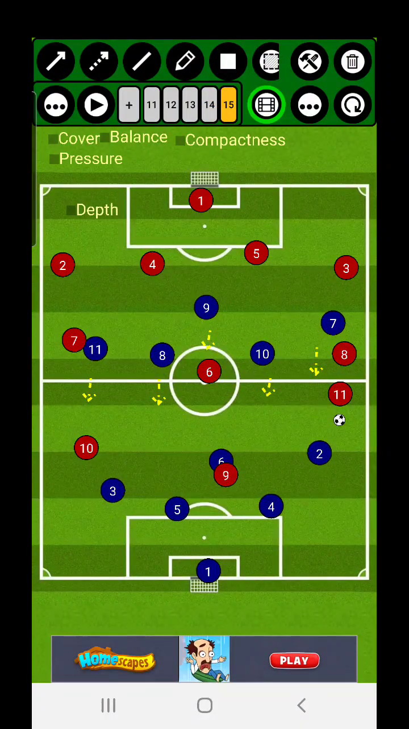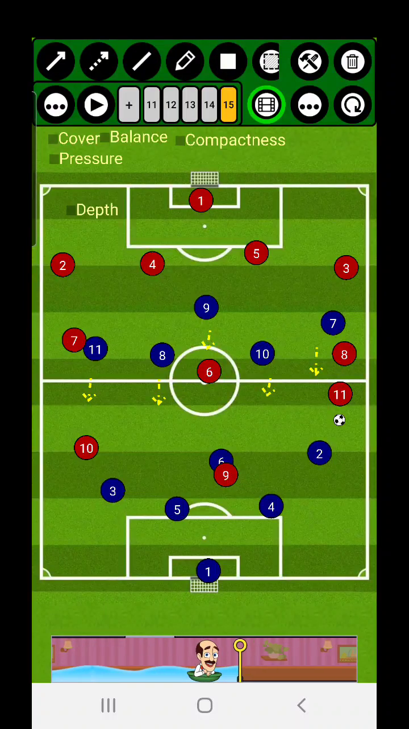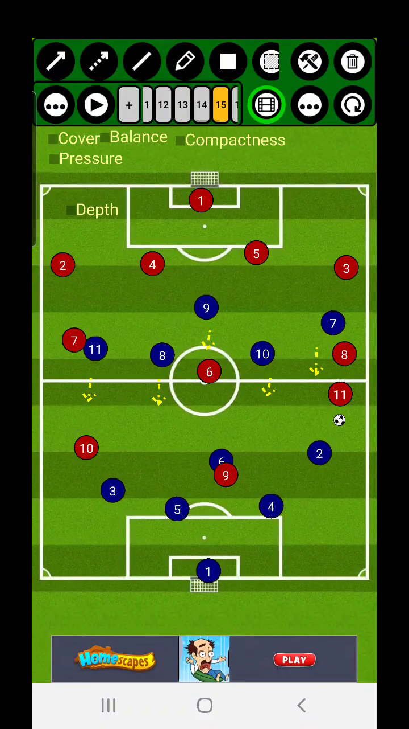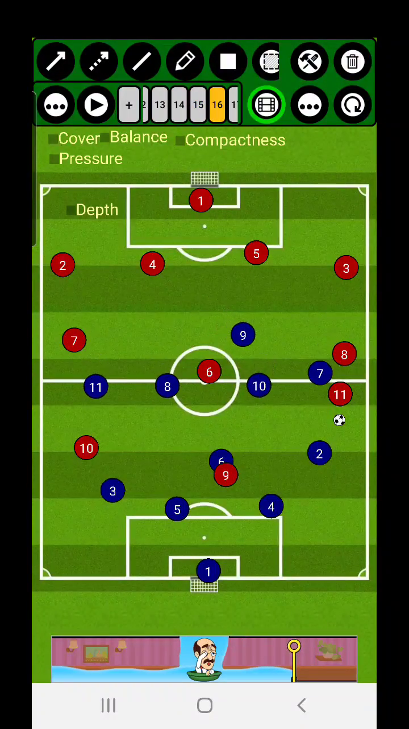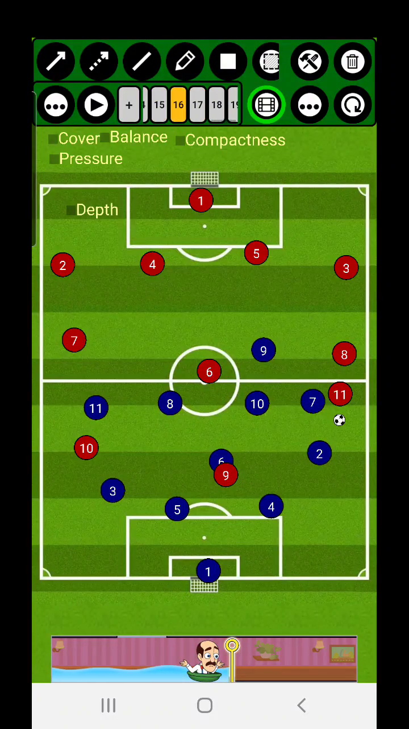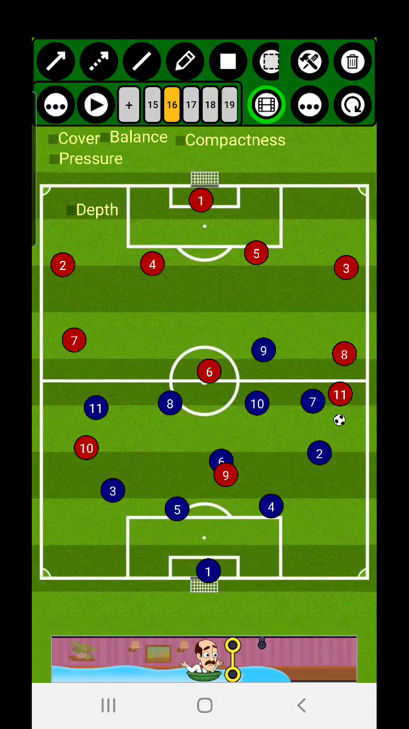Okay, same thing if we were on the right side. We still want defensively to get our pressure and cover. We want to delay and allow our attacking players to get back and help defensively. Just like that. We want to get back into our shape and balance, which leads us to our next